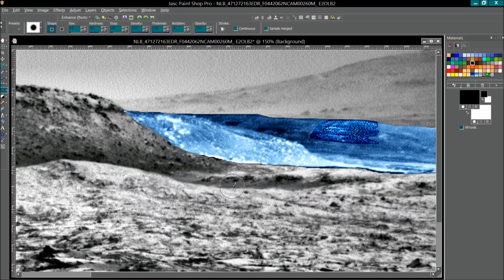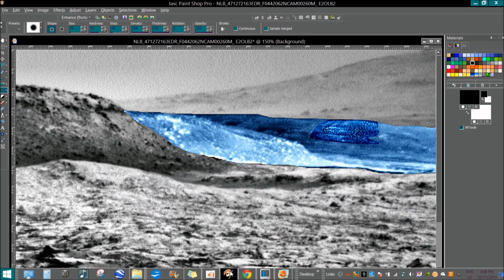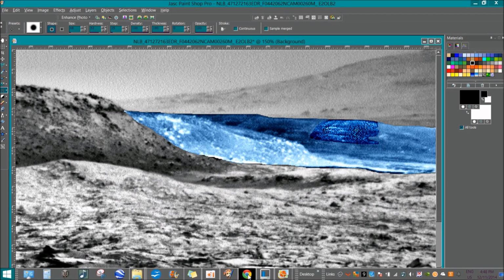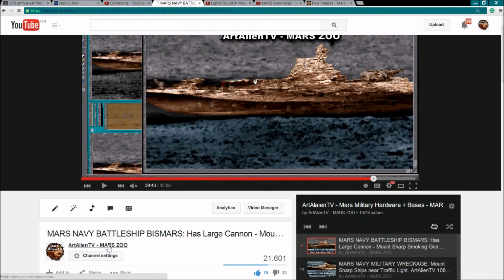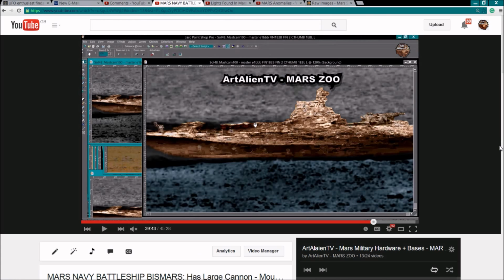large battleships at the bottom of Mount Sharp, and I've been sort of slated a bit for some of them, because I may have gone a bit far with some of them, and I'll show you one of them here. This one is getting a lot of attention at the moment. It's called Mars Navy Battleship Bismarck. Has large cannon. And now this is definitely a boat or ship, but I do say very clearly in this